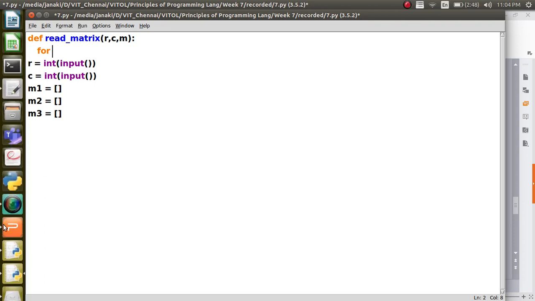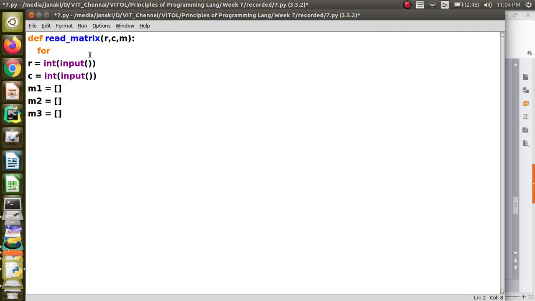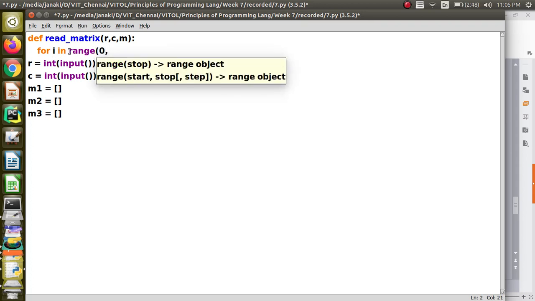What you have initialized in this part of the code will be retained here also. A list is passed by reference only in Python. So if you have put an empty list, it means that it is empty, and whatever changes we are making in the read matrix function will get reflected in the caller function also. So we need not bother about it. So I am going to say range 0, R.